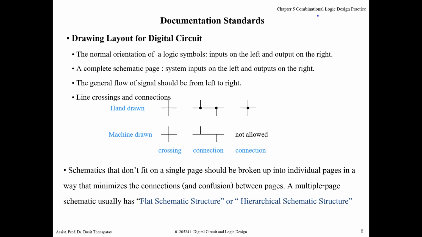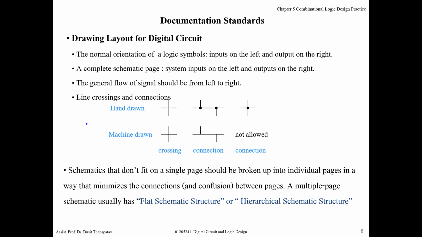And for something like a line or wire, about its connection, the line just connects everything together. How do you know? You should know some standards. If they cross together, something like this, or sometimes you see something like this, they just cross.